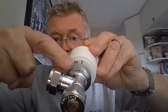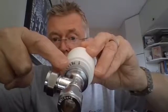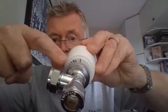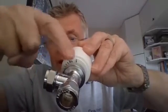We talked about range limiting pins on the TRV4, but our RT212 also has range limiting pins. You can see this pin here is the removable pin. It's in 29 at the moment, doing nothing really at that point, allowing you full temperature adjustment. But if you take it out of there and move it to one of these other holes, and they're all marked with the temperature, you can limit the temperature with that pin to say 21 degrees or 24